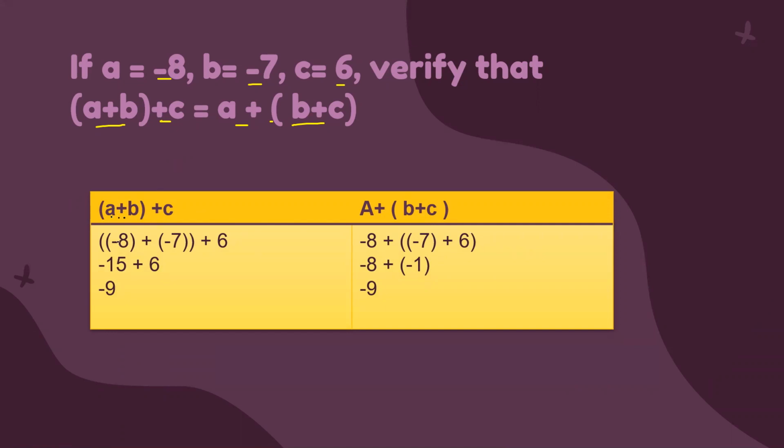This is the value of A, minus 8 is the value of it. So put it in the place of A, like this. You have to first of all place it here, and here also you have to place it. Then simply solve. Now you have to simplify this because